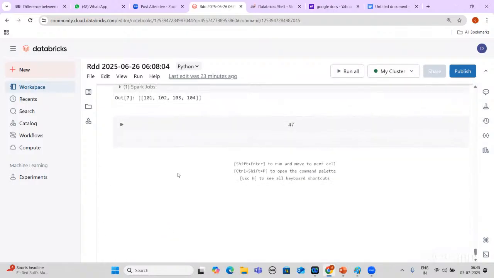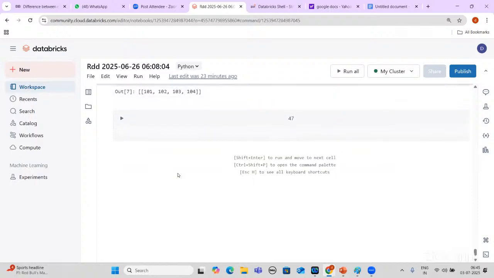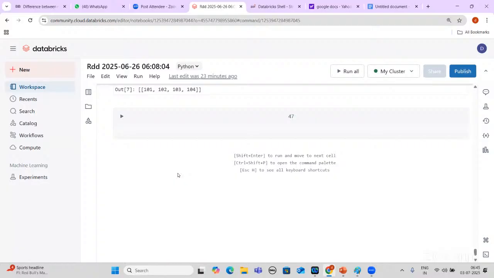Once we complete RDD, I'll share this notebook with you so that you can work on it. Even if you don't have community edition, that is fine. Don't worry, but try to understand the concept. We can understand this RDD. If you are not able to practice, also fine. Data frames are important for us. I'm just trying to show the flat map.